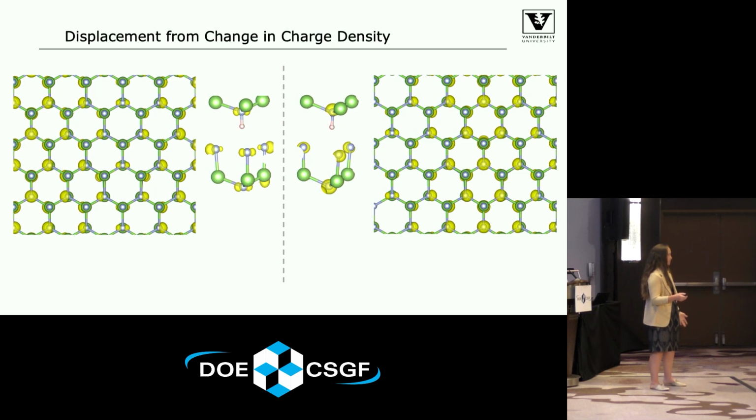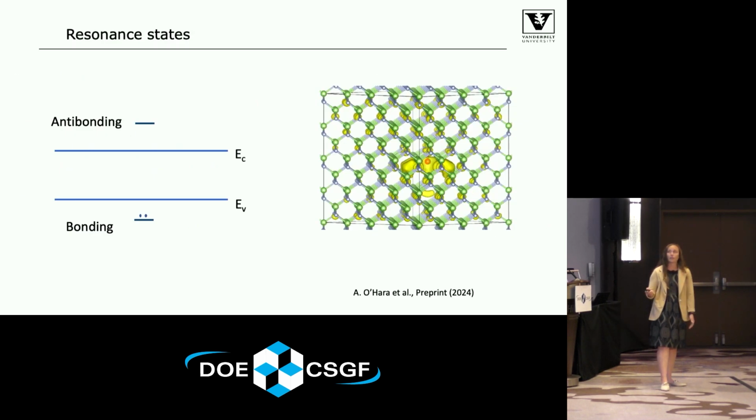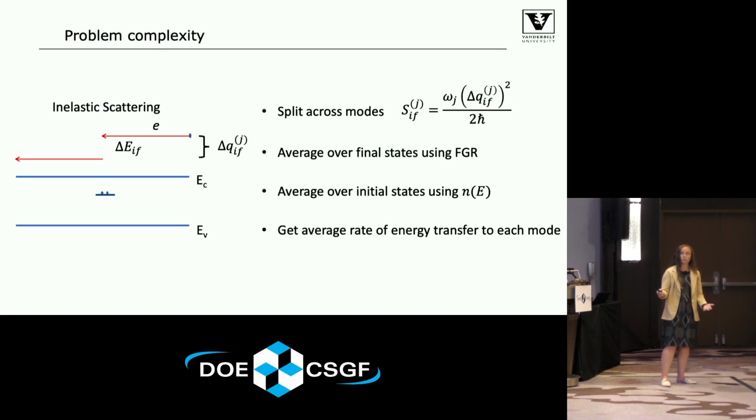that energy dissipation. So now we know how to get the energy from the system, and that would be even more magnified if we were able to find resonance states. So this image is actually from a collaborator looking at a different defect, but this is a band state that is super, super highly localized around the defect. So those would really dominate this process as well, and we're searching for that. And once we find those states that produce a large enough displacement, we can take the energy difference, and one